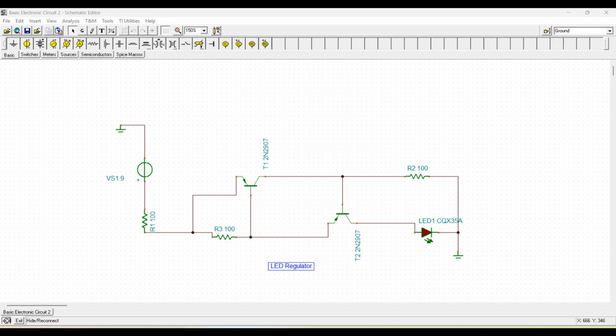Welcome to this channel. In this particular tutorial, we will simulate the LED regulator circuit using the Texas Instrument TINA